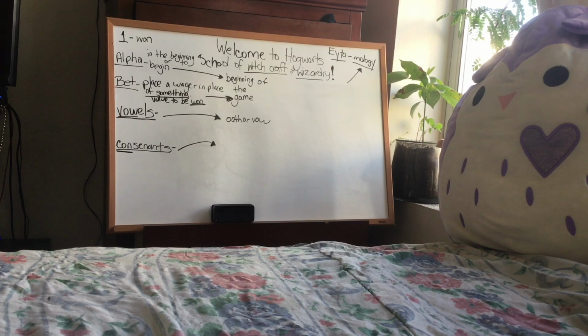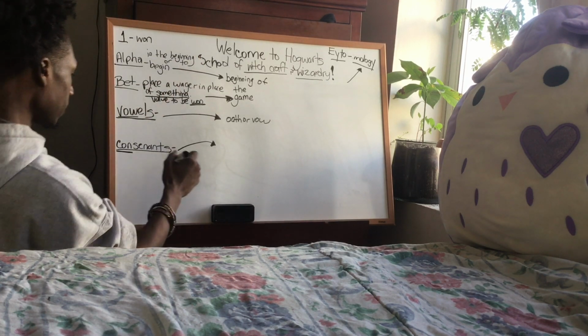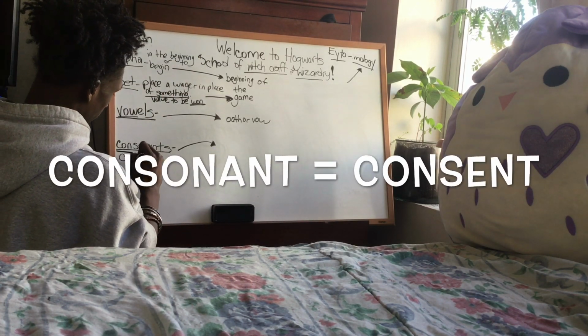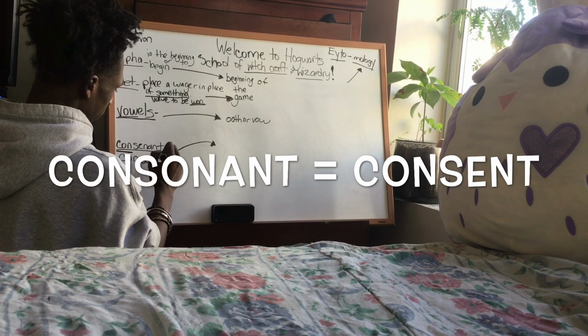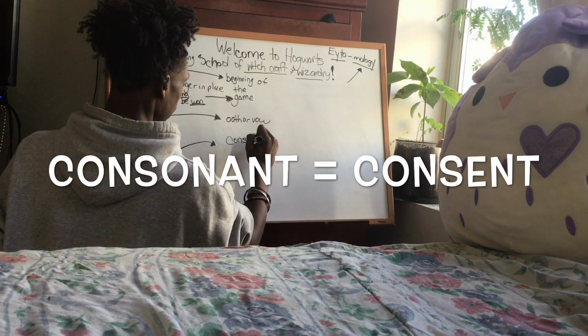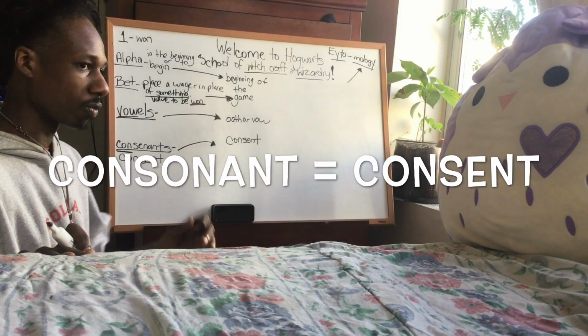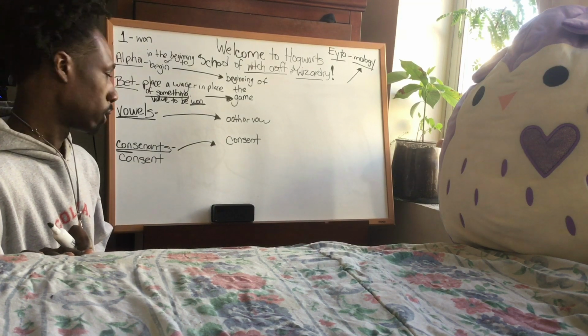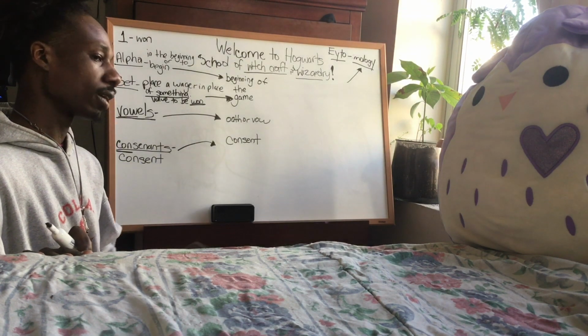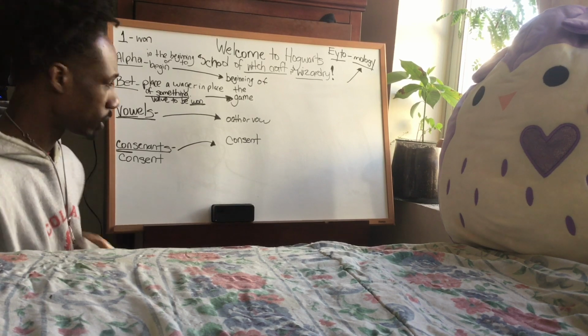So pretty much the word consonant means to agree. And if you think about it, if you look up this word consonant, it also looks like consent. Consonant is consent. Now, the one thing that you're going to learn in etymology is that words do not have to be spelled the same way in order for them to mean the same thing. And in etymology, the phonetic meaning of a word is the same no matter how it's spelled. I'll give you an example.